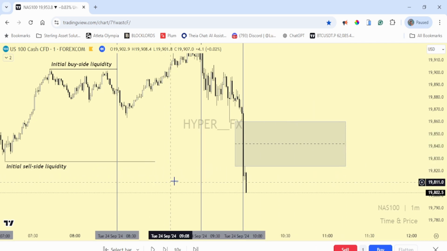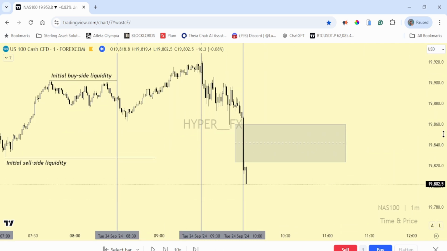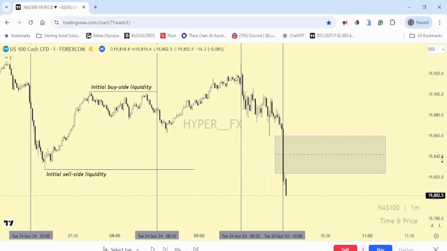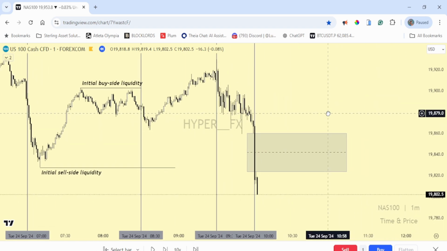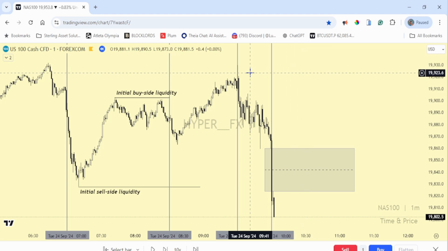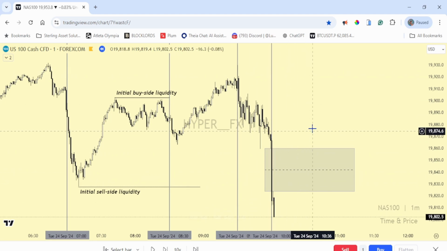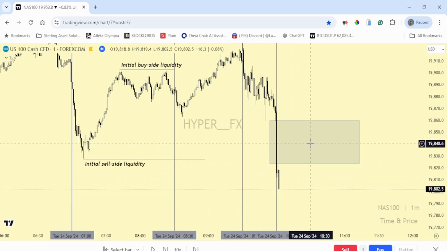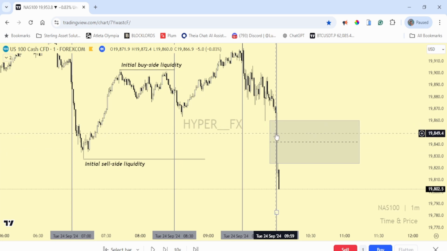So now we are waiting for price to close above this fair value gap to tell us that we are ready to frame a position. This is what you will look for every day when you are in the market, whether you are buying or you are selling. The opposite of this is true for an uptrend, but since we are in a downtrend, since the price took out the initial sell side liquidity, we are hoping to frame a buy position on